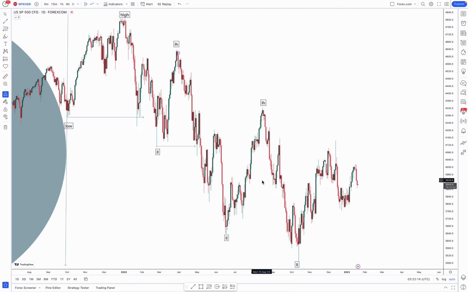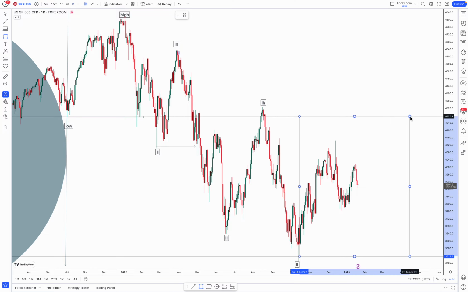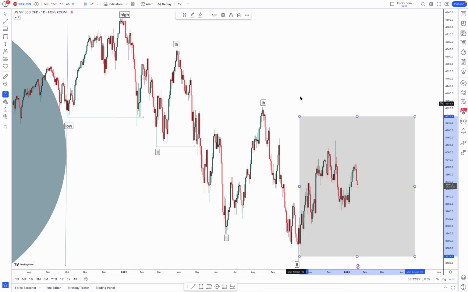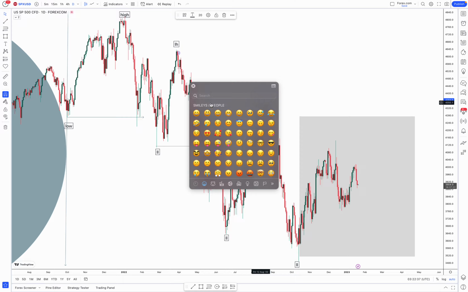So now what it seems to me is that the market is going to be creating some sort of retracement in this region. Going to be creating another lower high,